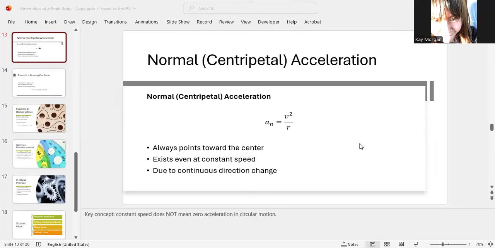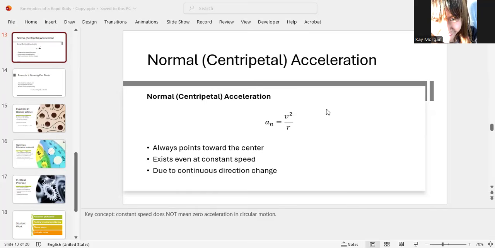All right, now we are going to study the normal or the centripetal acceleration. So let's take a look at it. We call it normal, and it is because it's pretty normal, okay? And of course, another term is the centripetal acceleration. So let's see what this normal is about. Normal acceleration is the part of the acceleration that is responsible for changing the direction of motion, okay? Not the speed, but changing the direction of motion. So in circular motion, normal acceleration always points toward the center of the circular path.